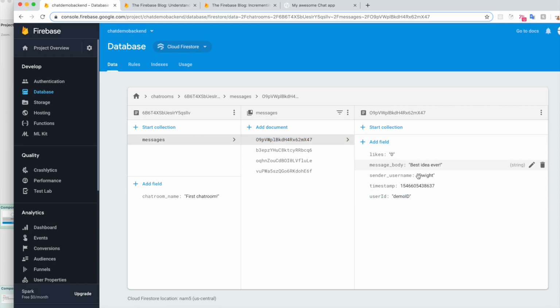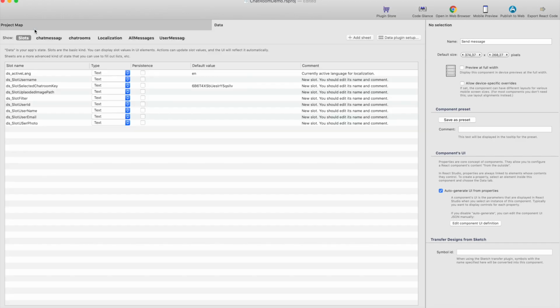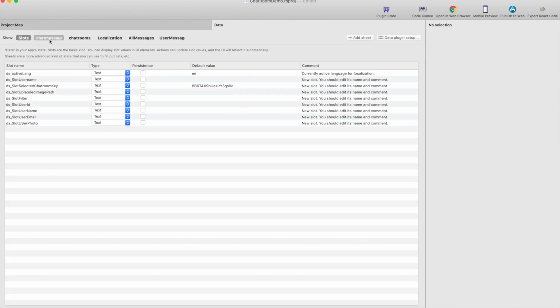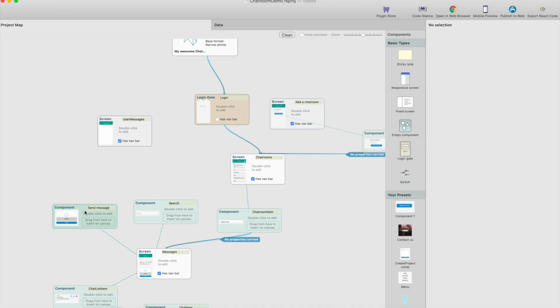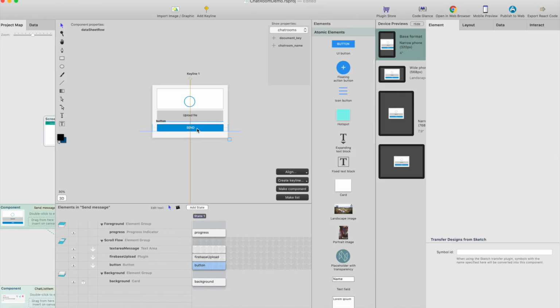Doesn't matter what you write here, it's just important that we get the user ID. Head back to the data, go to chat messages, just reload the data, and now we have the user ID column here. Then go back to the send message, click send,